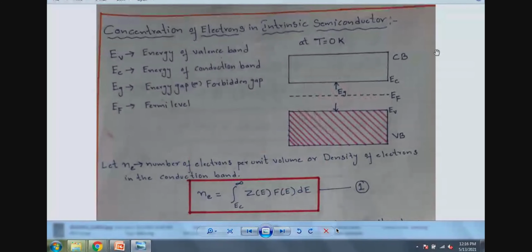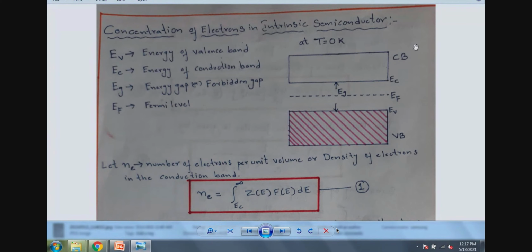Please, all of you, start noting it down. Very simple. In other books, you have a bigger derivation. I have just taken simple steps to solve that, so I have written it with my handwriting.